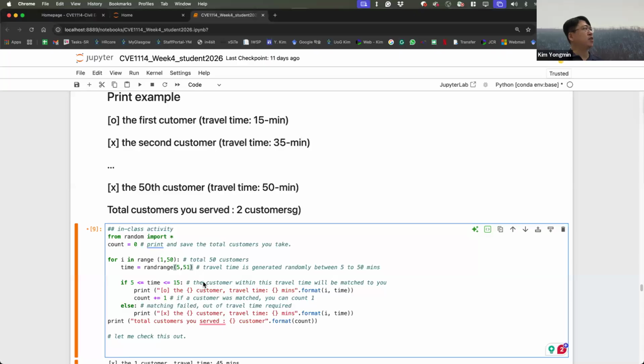Within these timings, the customers will be matched to our Grab driver, then O, max, and then the number of customers and travel times. The first i comes here, and then the time is here. And this i can change 1, 2, 3, 4, up to 50.